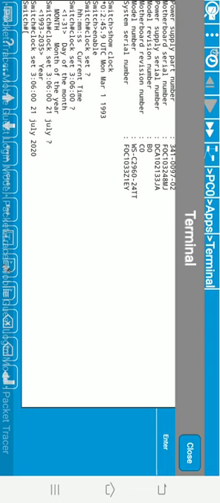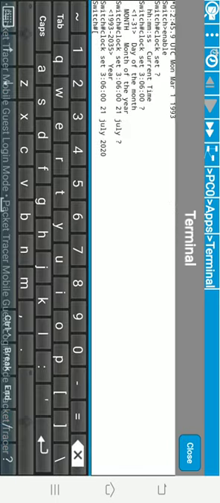Now we want to check whether the clock is set or not. For that, we use the command show clock. Show clock is the command to see the clock.